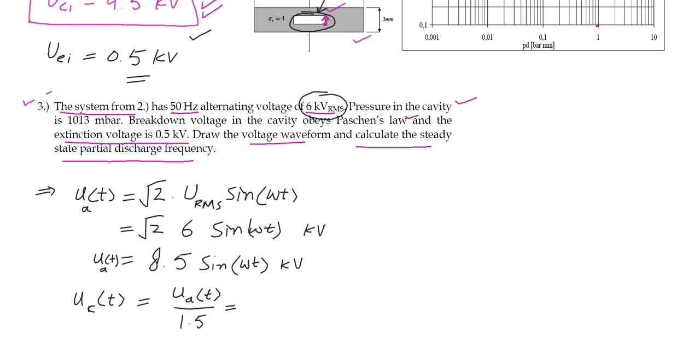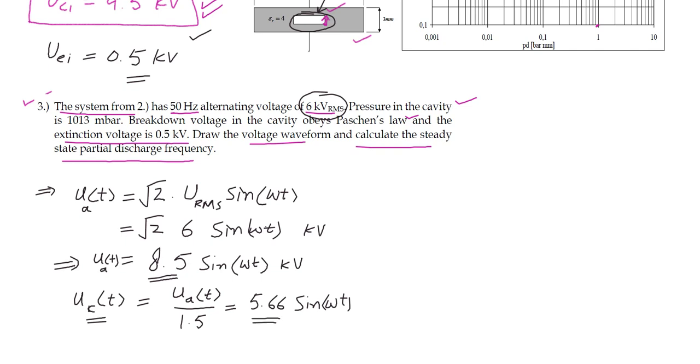Put the value of UA, 8.5. So 8.5 divided by 1.5, we will get 5.66 sine omega t. Now our applied voltage has a peak amplitude of 8.5 and our voltage across the cavity